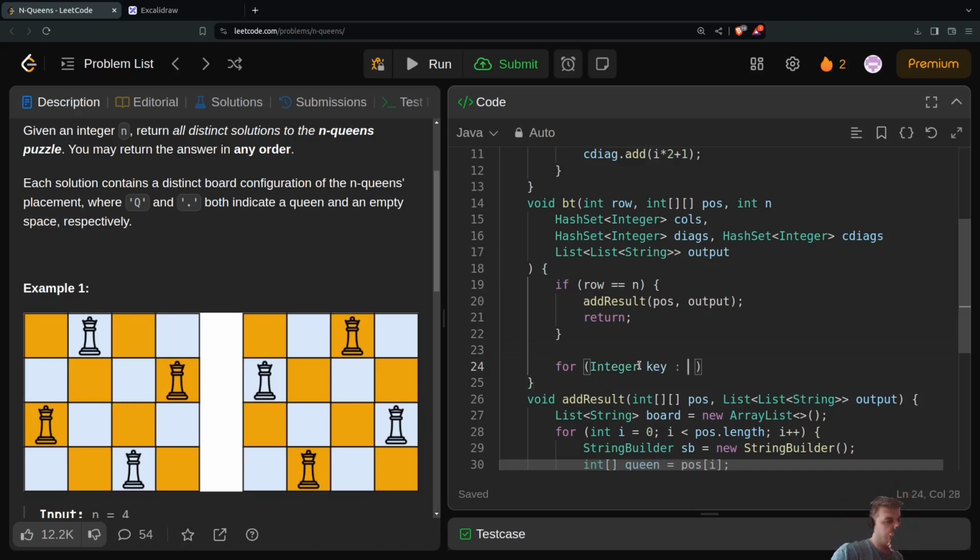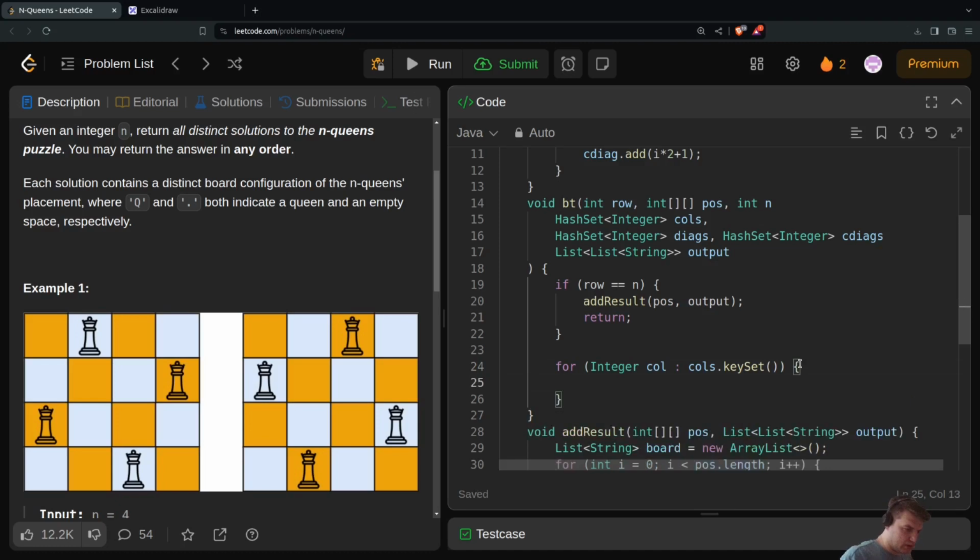So the problem here is that I can modify the hash set while I'll be iterating. So for that, let's check cols key set, and then col, and then I'll go for